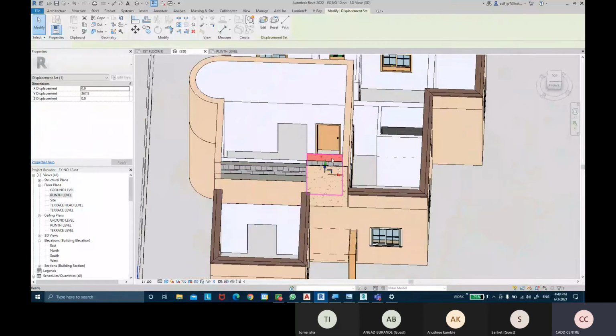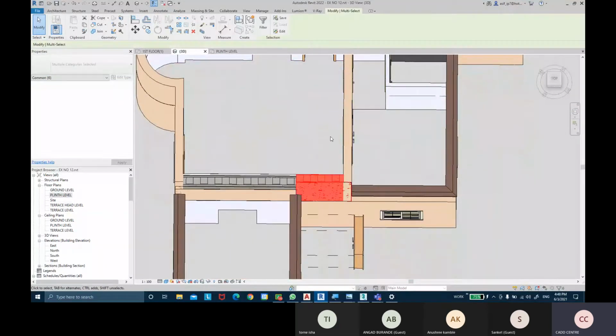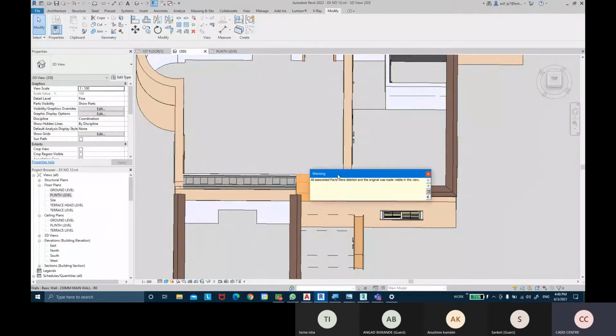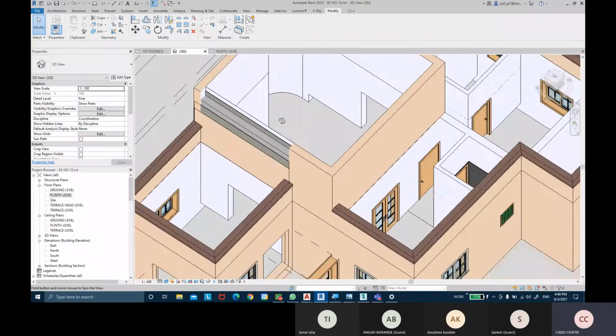Once it is going to select out, so you can press delete. Once again, I can select these entire wall and then I press delete. So it will tell me that the जो part visibility था वो अभी नहीं दिखेगा, won't be visible because we have removed the part visibility basically. Okay, so it shows me as a finished wall.